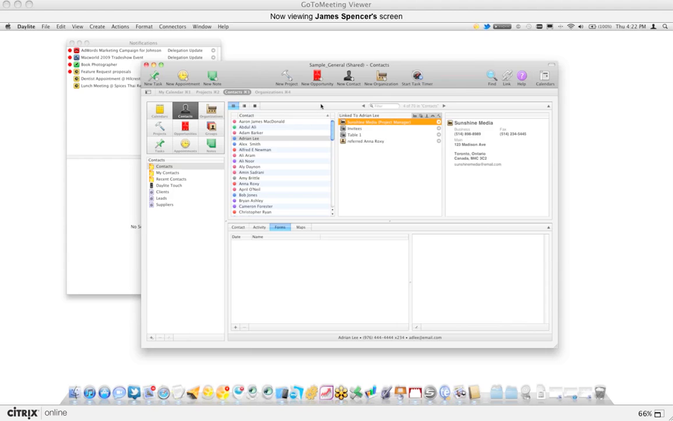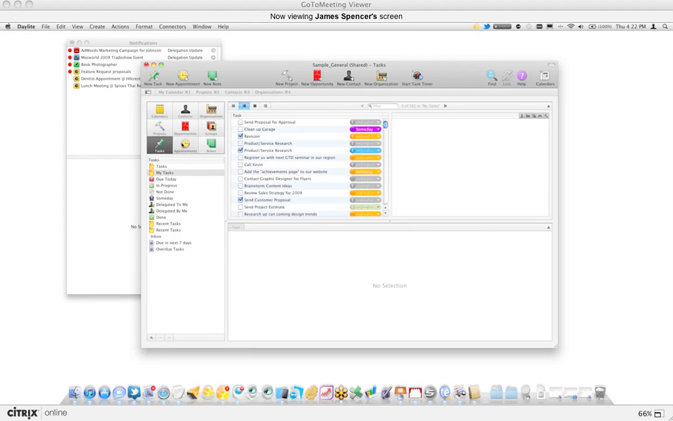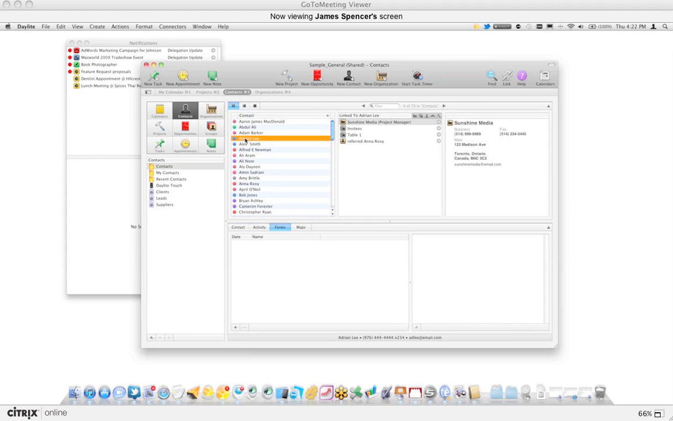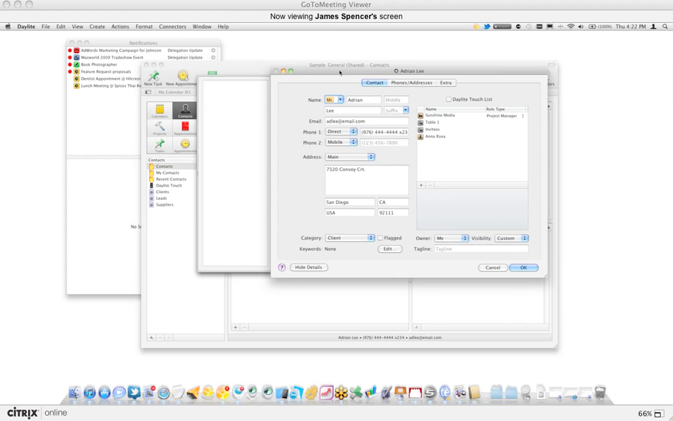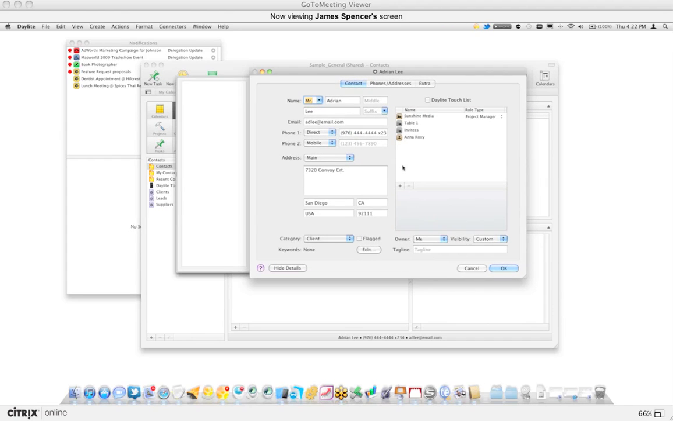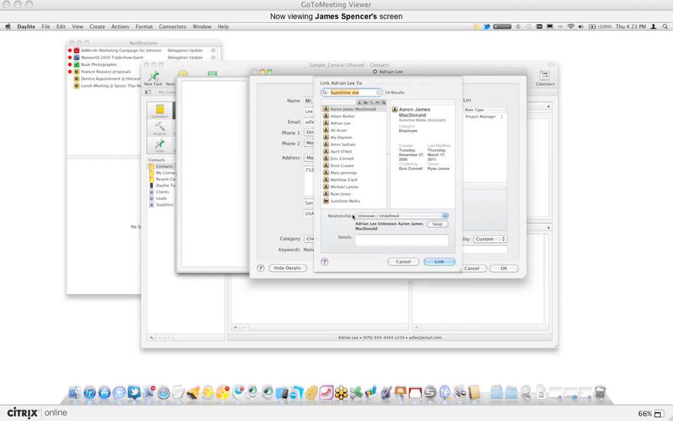So just to expand on the concept of linking, Daylite's going to keep all your contacts, all your organizations, all your projects, all your tasks, your appointments, your opportunities, your notes. It's going to keep everything in the same database. But to show they're related, all is based on that link. So just taking it one step back to more of a simpler form of linking, if I was to double click on Adrian Lee's contact record, this is the link pane, and within that you'll see a little plus sign. So this is the other way, of course, of establishing a link, is then searching for Sunshine Media and pulling